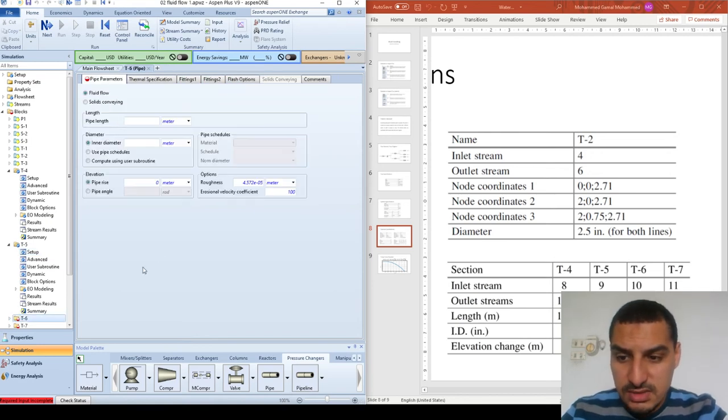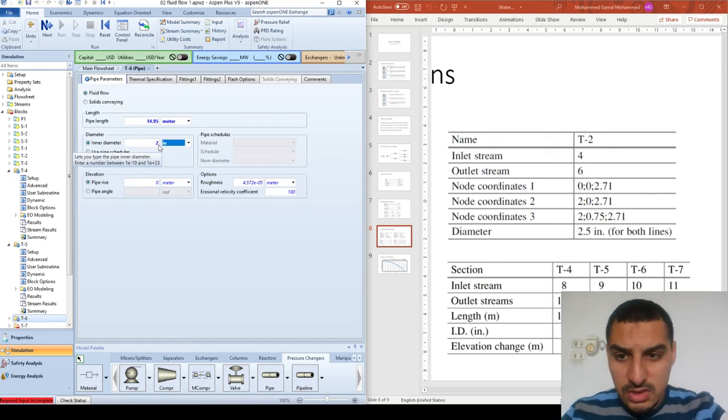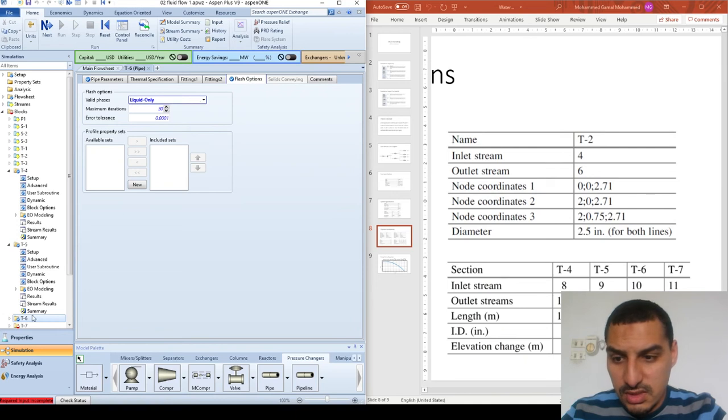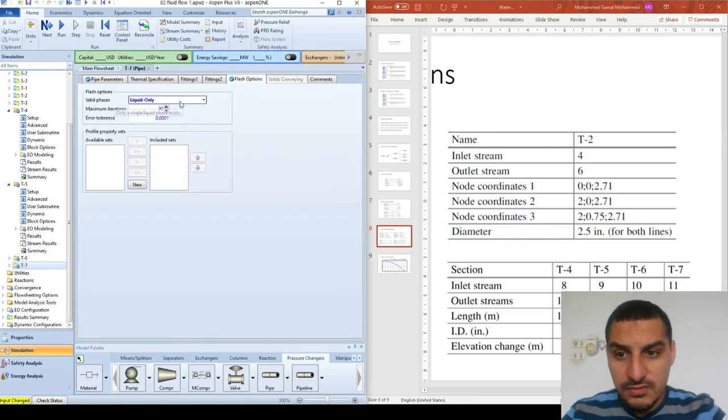Now T6, the length is 14.95, the diameter is 2 inches, and liquid only. The last one is T7, the length is 3.9 meters, inner diameter is 1 inch, and for all of them we have 0 elevation